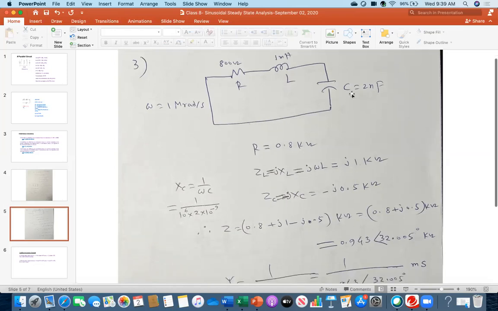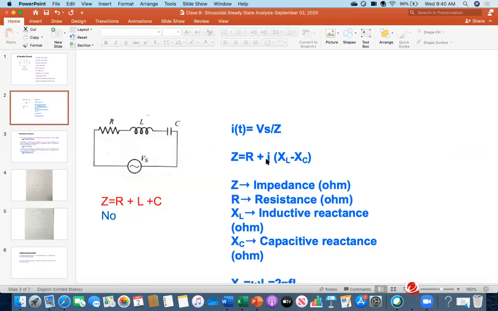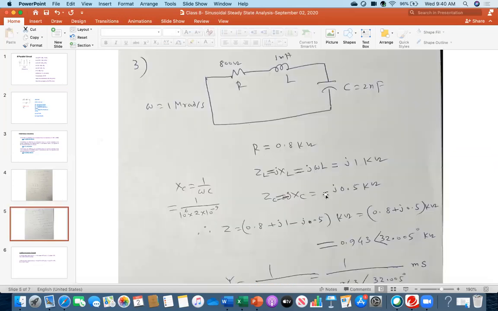Now how about this one? This is minus jXC. I am directly calculating this one with the j, minus jXC. This means minus j, but X is, I have written, 1 over omega C. So put all those numbers in. What is omega? Omega is this, and what is C? 2 nanofarad. So after calculation, I am getting minus j 0.5 kilo ohm. Because I expressed this in kilo ohm, I am keeping all of these in kilo ohm.